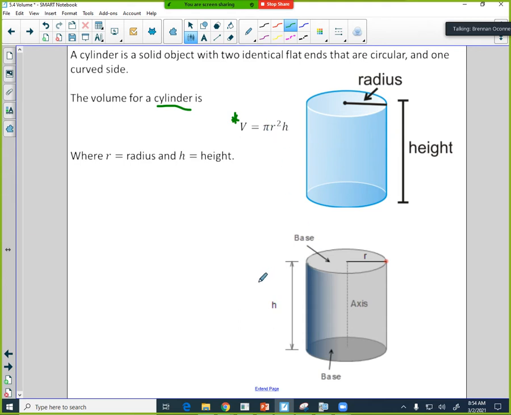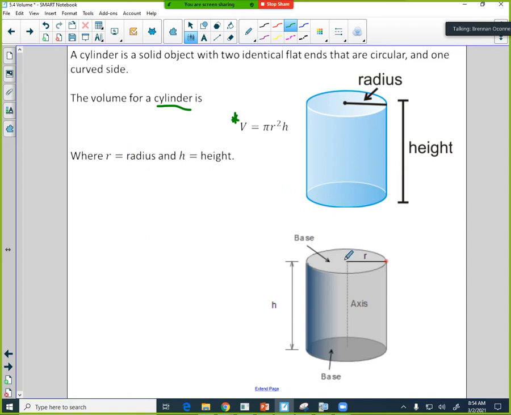Remember, pi is just a number, 3.1415 some change. And r is the radius, or halfway through the middle of the circle. Remember, a diameter would be all the way across, or double that, and the radius is half of the diameter. And then h is just the height, so from base to base in a straight line